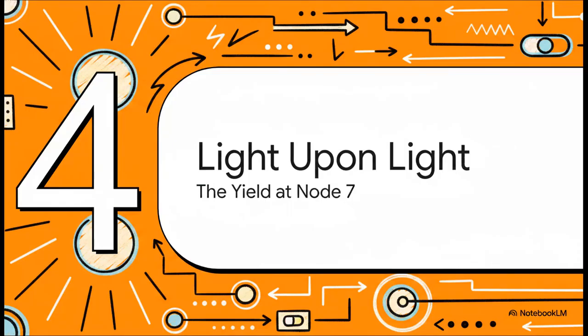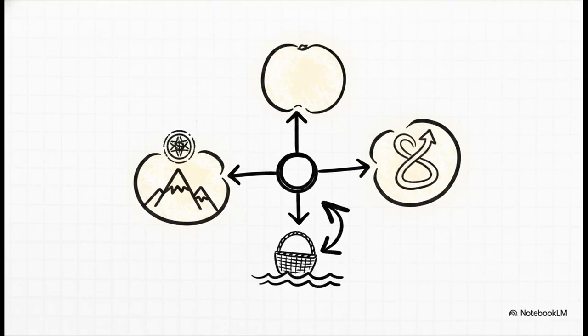Moving on to phase 4, light upon light, the yield at node 7. All that energetic tension we just built up, it resolves right here, into the triple fruit at node 7. First, we have Isa at coordinate 2350, on high ground with the mother. This represents the sheltered Kalamatullah and the invariant seal. Second, there's Musa at coordinate 2041, the extracted orphan who was manufactured specifically as a carrier for the return. And third, we have Lut at coordinate 6610, acting as the end-to-beginning compression. He's the inversion operator that clears all impurities from the return path.